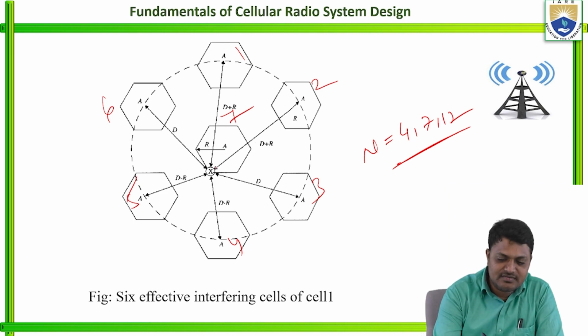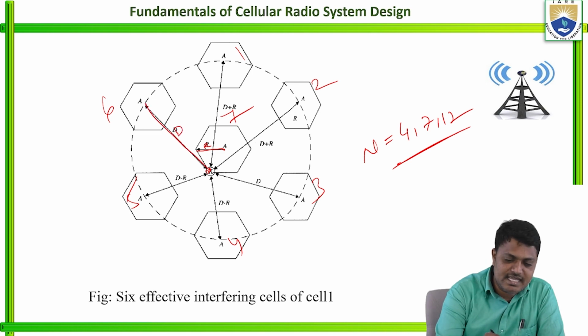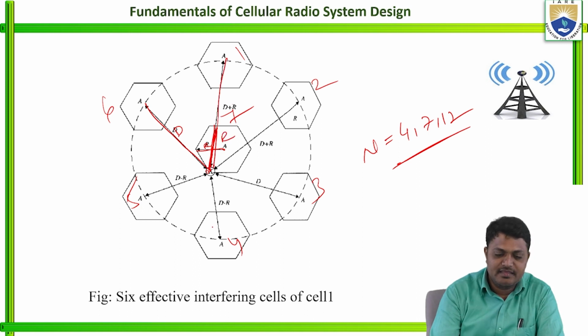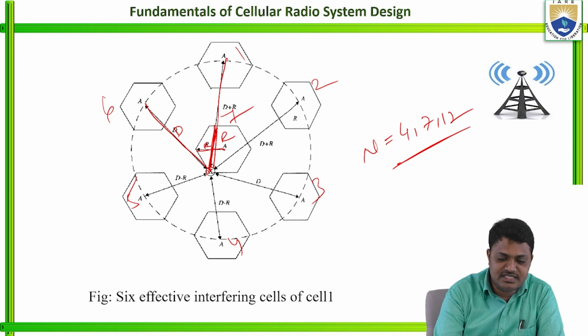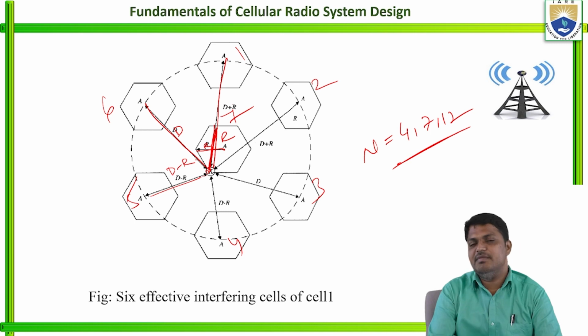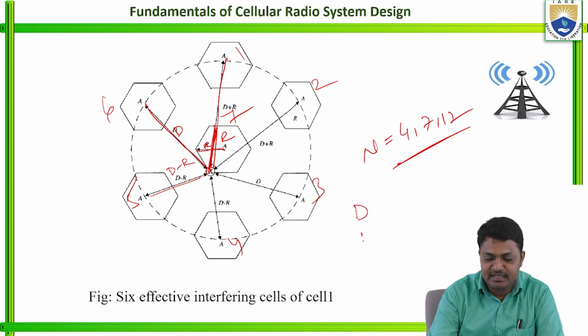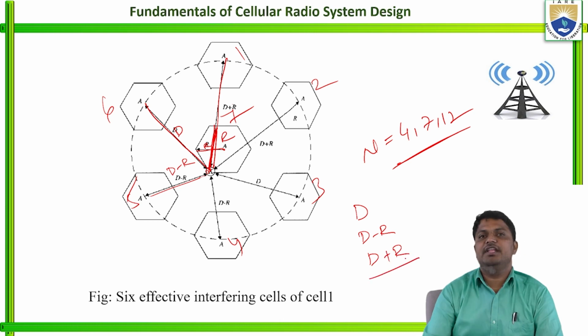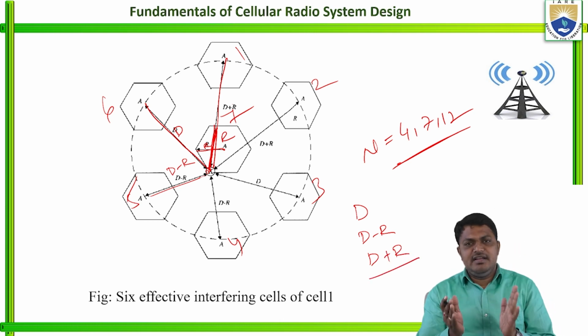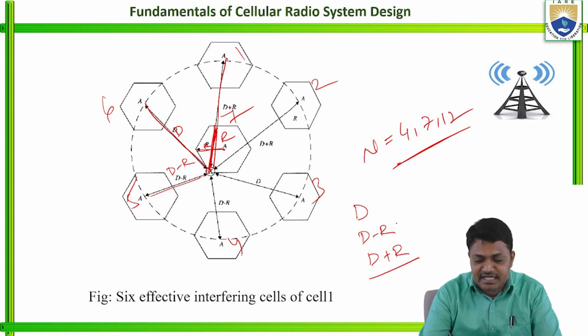And see here, this is one cell. For this cell the radius is r, and the distance from this cell to this cell is given as d. The r value is added to this complete distance here. Then this is outside of this cell, that's why the value is d minus r here. So I am repeating once again: we are going to discuss d minus r and d plus r. d is nothing but the distance between one cell and another cell. Then what is d minus r?